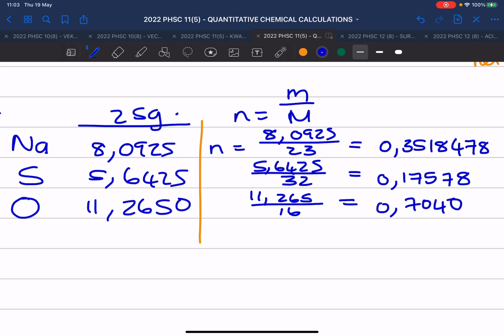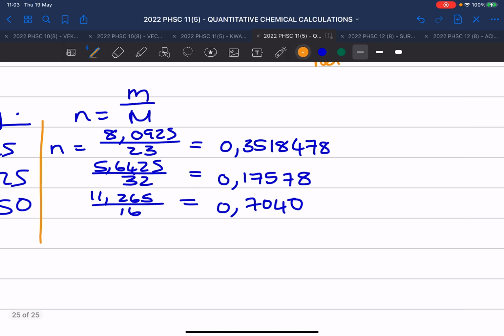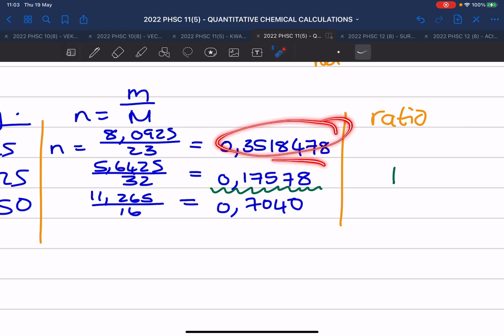7040. All right. Then you need to get the ratio. For the ratio, you need to divide by the smallest one, which will give you 1. Underneath the first one, there at the top, if you divide that by the smallest one,